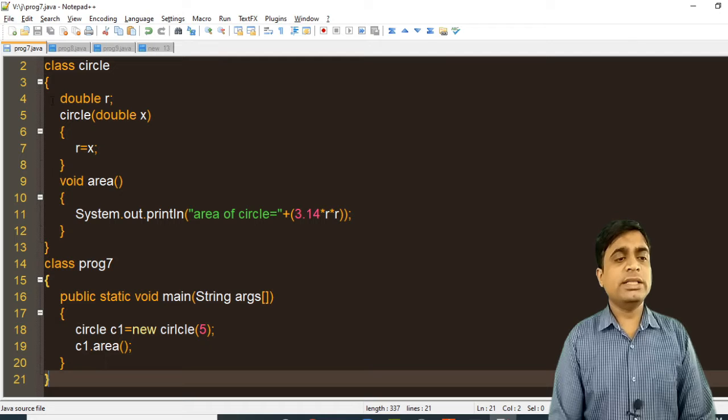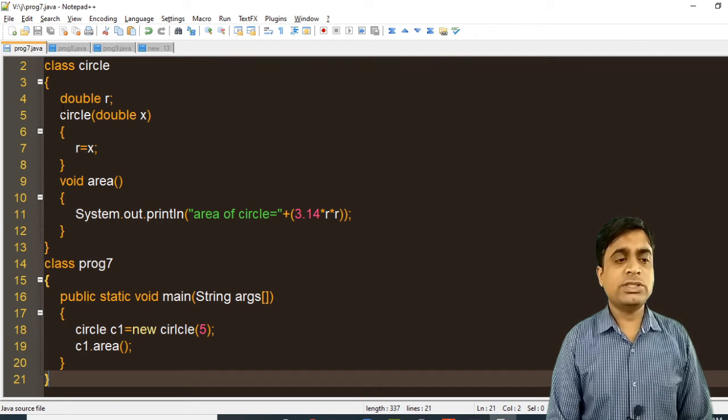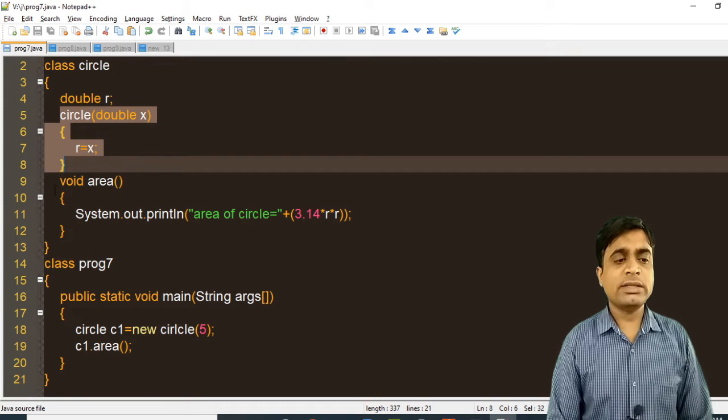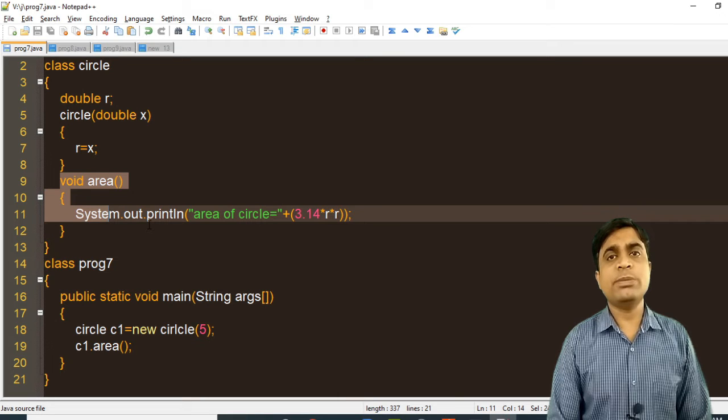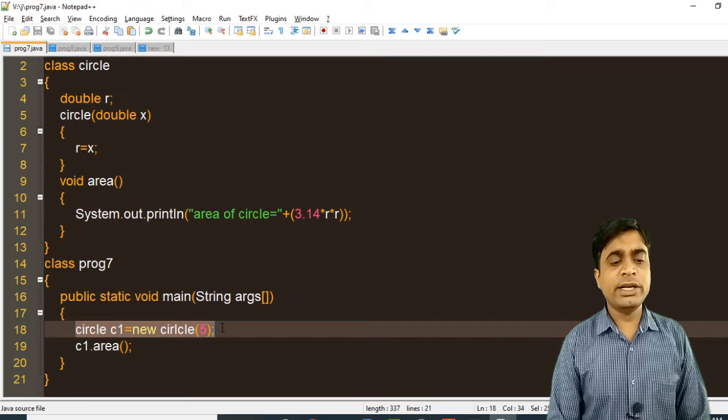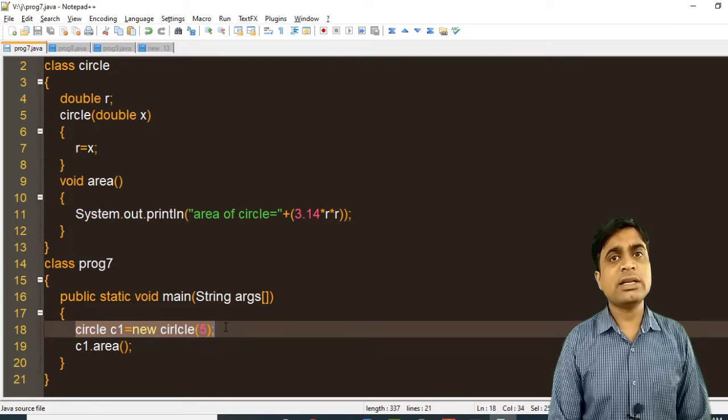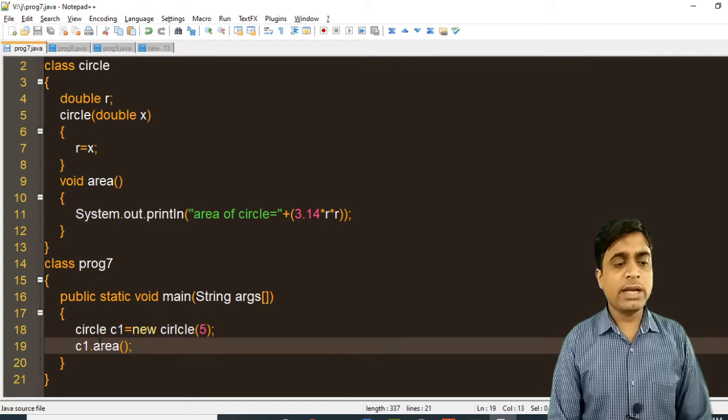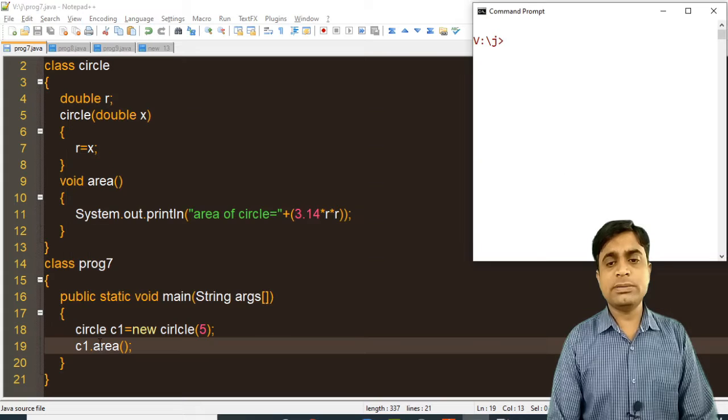Hope you understand this code. I first create a constructor to initialize the value of r, then in void area I print the value of 3.14 into r into r, and in the main function we need to create the object of that particular Circle class. In the Circle class I am using a parameterized constructor, that's why I am passing 5 over here. After that I am calling c1.area.